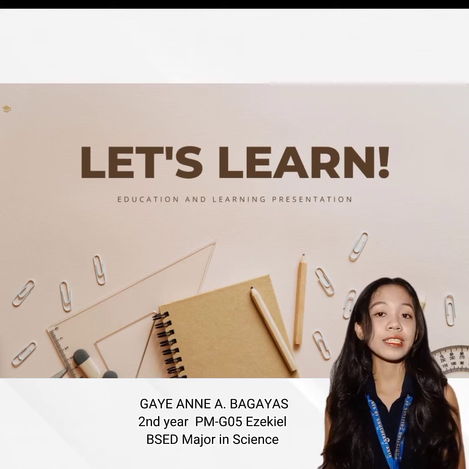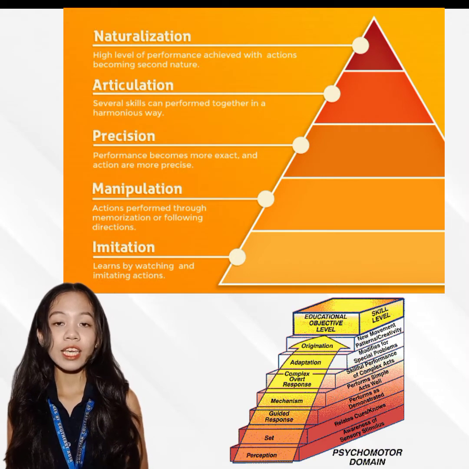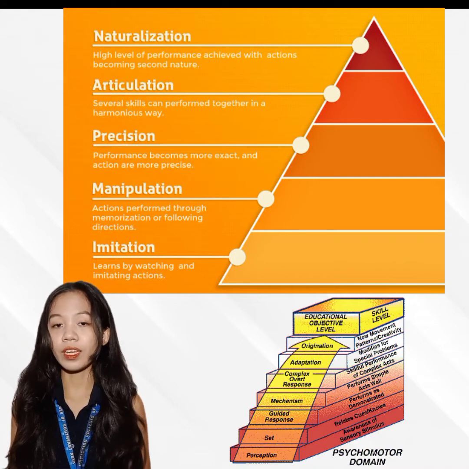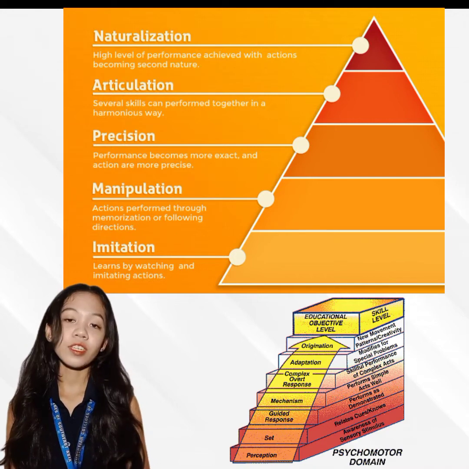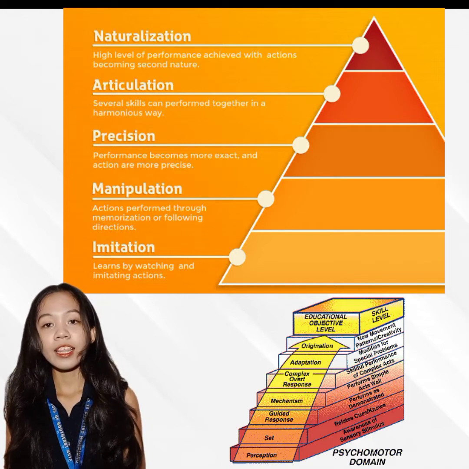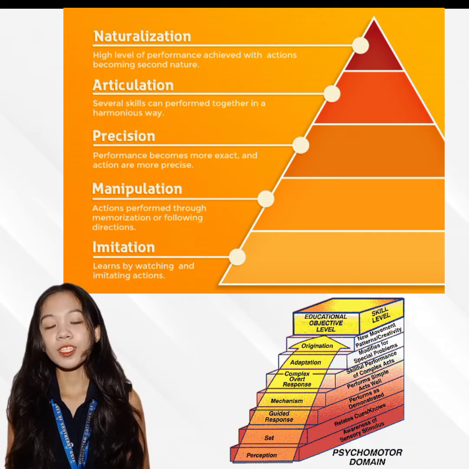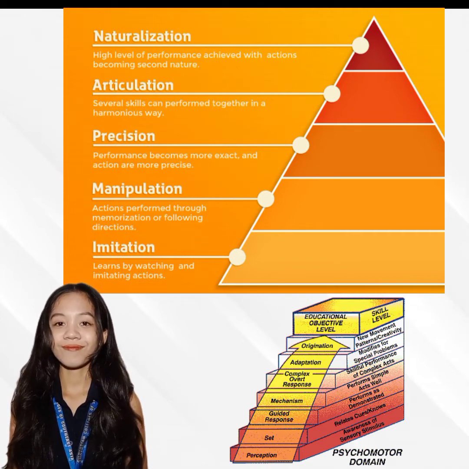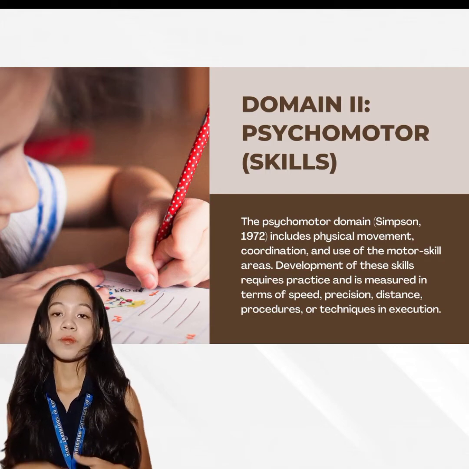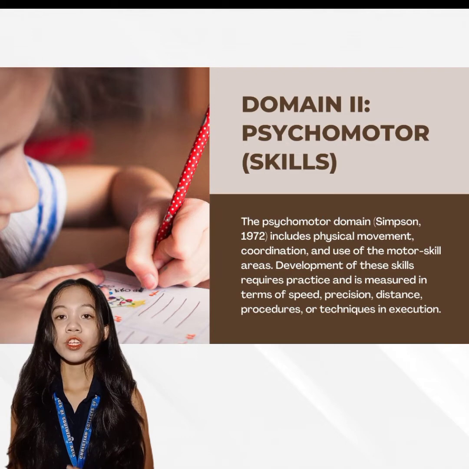is the psychomotor skills. And in the 17th century, E. Simpson, Dave, and A.S. Harrow recommended categories for the psychomotor domain. Later on, I will be discussing the categories contributed by Simpson, and the other two categories by Dave and Harrow will be discussed by Mr. Vincent de Besa. According to Simpson in 1972, the psychomotor domain includes physical movement, coordination, and use of the motor